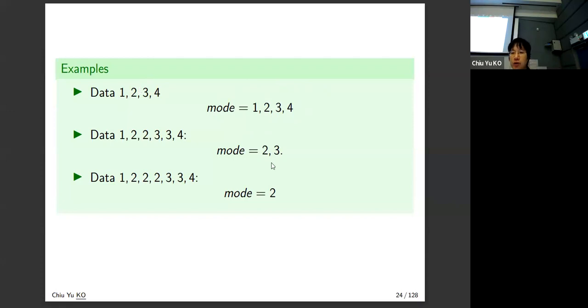Up to now, we actually haven't talked about data processing. But in real data, when you have a huge data set, you will not actually handle individual data. Instead, the data will be grouped, like income data. You don't have each individual's exact income, but probably you will calculate for every interval of 1,000 or 10,000. And for the mode, you don't have this problem, because when you have grouped data, the mode is easy.